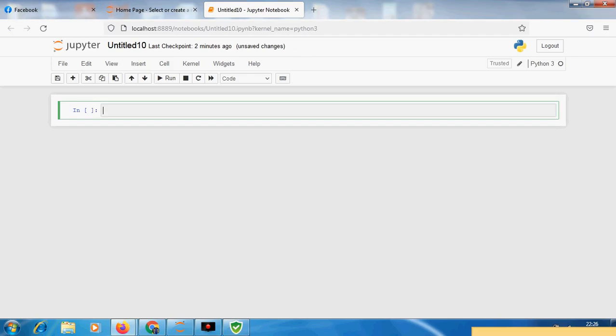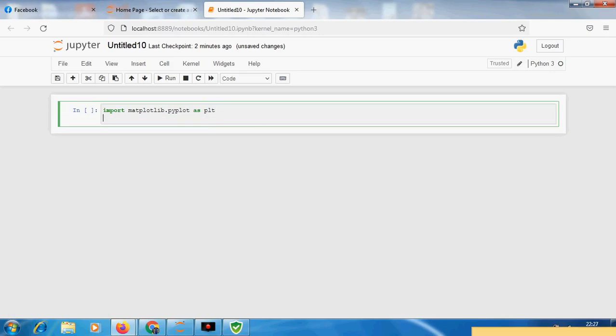After that, we are going to write the code to draw a figure in matplotlib. For that, I am going to write import matplotlib.pyplot as plt. That's our variable name. And